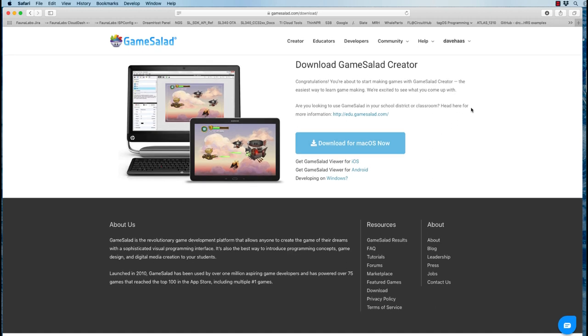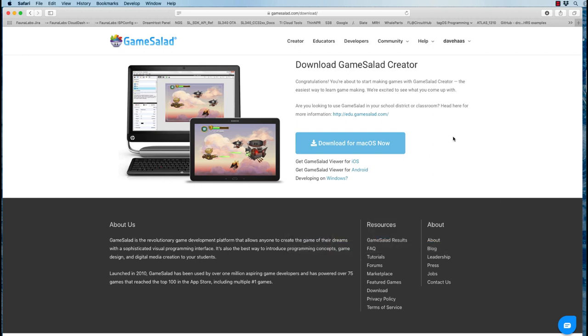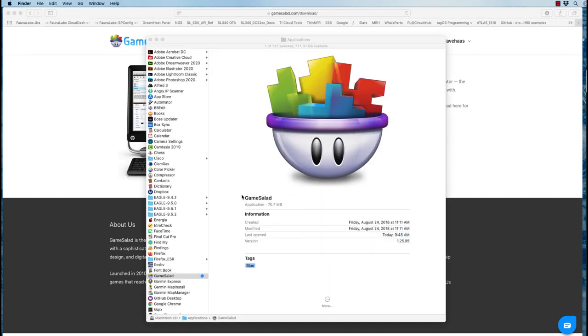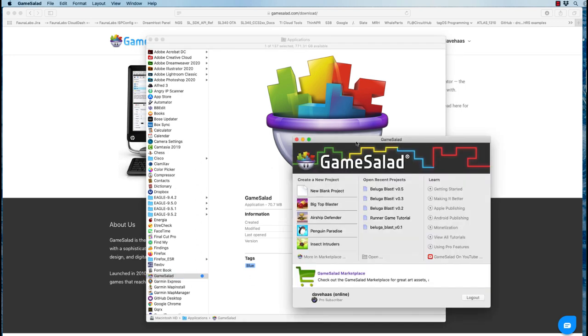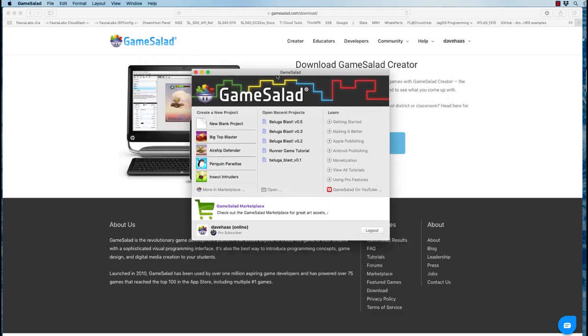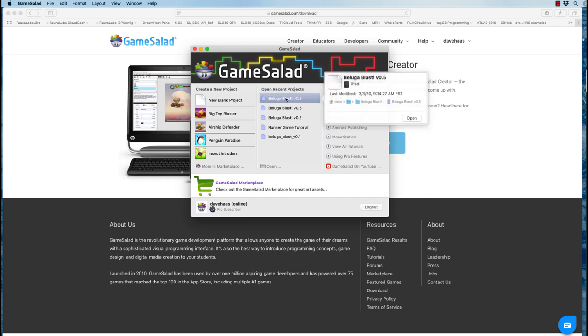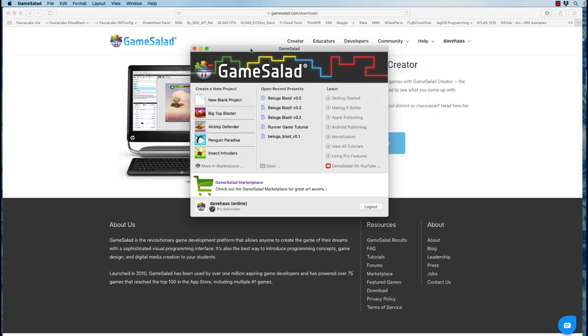We've already downloaded GameSalad and installed it on this computer. So if we go to here, this is the GameSalad icon, and we'll fire up the GameSalad program. That takes us to the GameSalad interface, and I'm going to open a recent project. Normally, if you're going to be doing this, you would maybe want to download some demos.